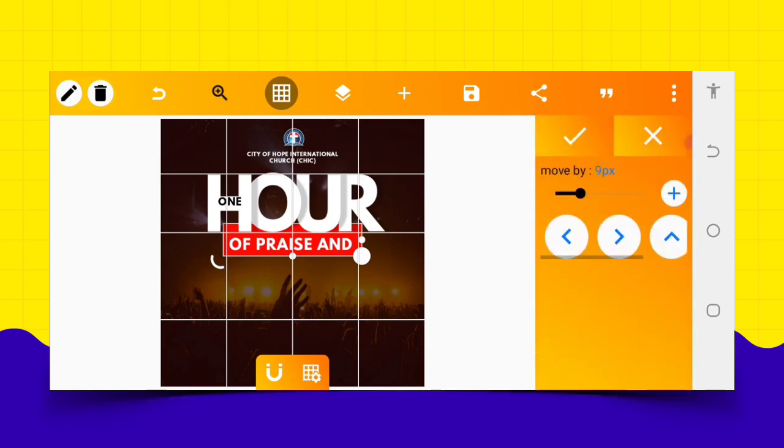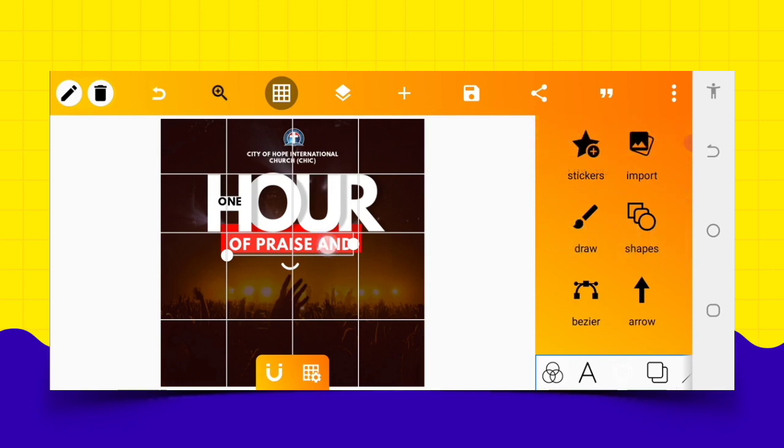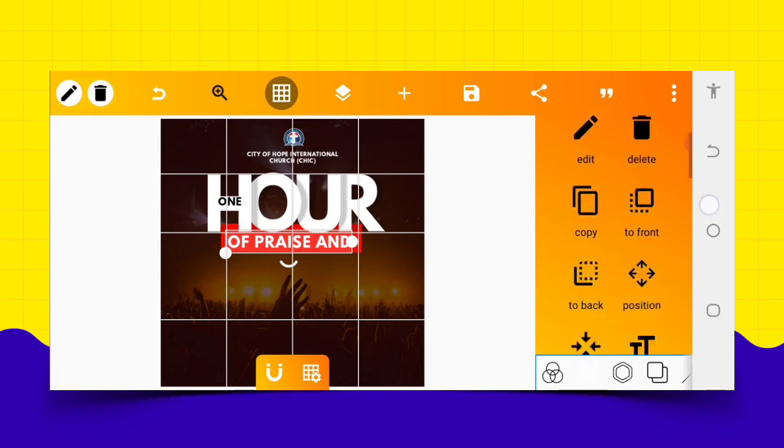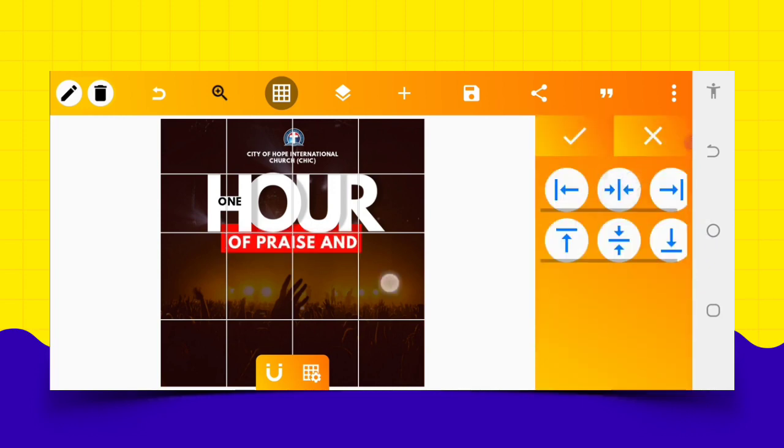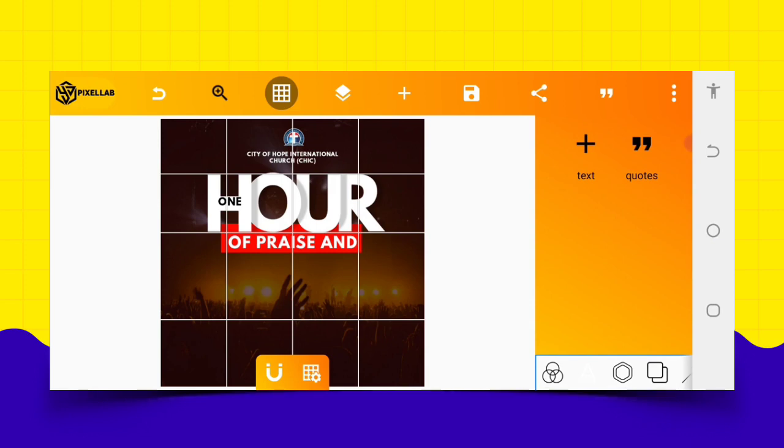So now it's cool. Okay, so just lengthen this a bit. I'm trying to target something here, that's why I'm wasting much time. So reposition very well, then you have to increase the size. Now centralize. Let's see how it looks. But I'm thinking of